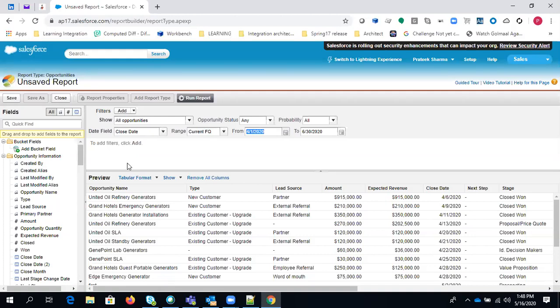So let's say I just want to group the information based on opportunity stage, just to get information like in which stage we have how many opportunities, right? That kind of thing we can create using a summary report. Basically, in a summary report, you can simply use a group by on rows, so you can group the rows based on a particular field. Let's check how you can do that.